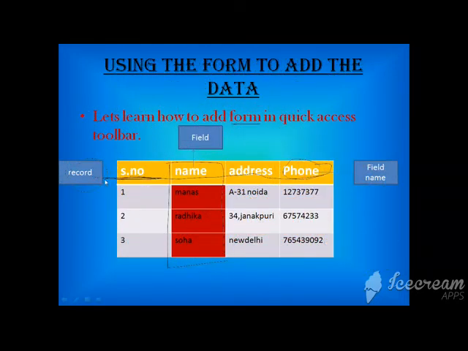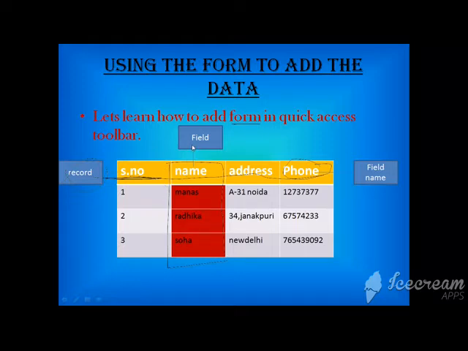Let's see here. Record is this row: serial number, name, addresses, phone number. Row is called record. This is one row. This is second row. This is third. This is fourth row. Simply, horizontally placed is row. And column is this one. One column.